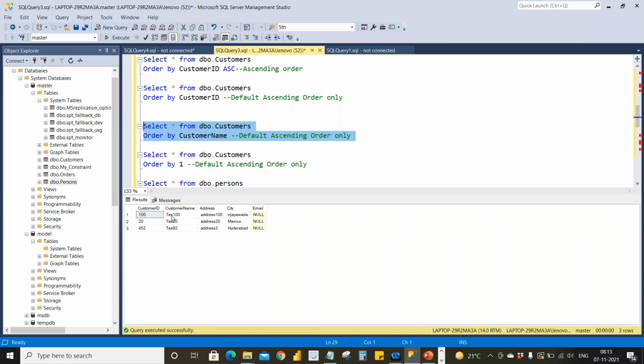The first three characters are the same. From the fourth character, it will start comparing. The fourth character is 1 in 100, 2 in 20, and 9 in 92. If you compare 1 to 9, 1 being the smallest, 2 being the middle one, and 9 being the largest. So in that way it will compare.